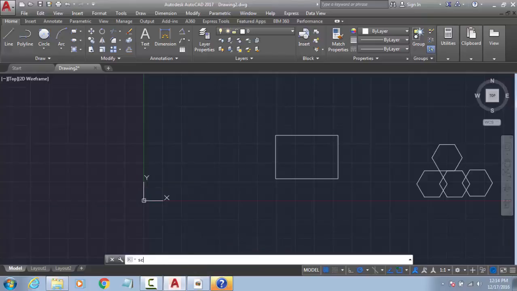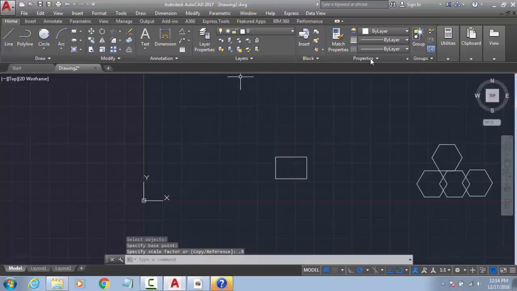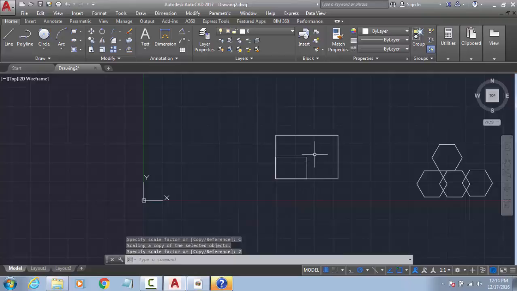So I am going to scale, enter, select the object, enter, select the point from where it will be fixed and put the value. For example, I want to make it half, so half is 0.5, enter. Again I go to the same command, press enter, select the base point. This time I want to make it double the previous one. So instead of putting 2, first I will select copy and then put 2. In the copy case, it will leave the previous object and make one